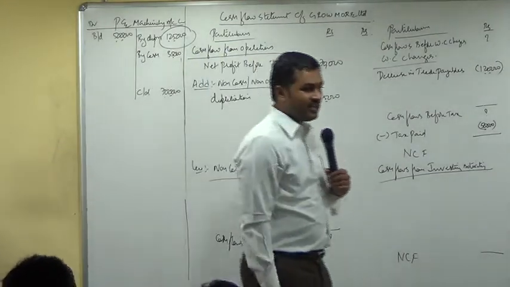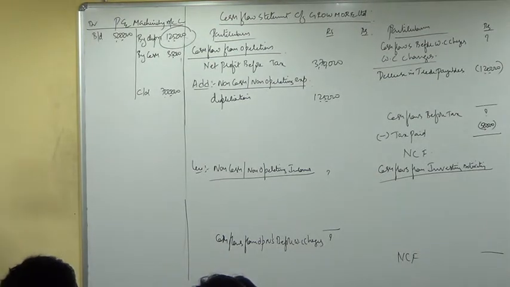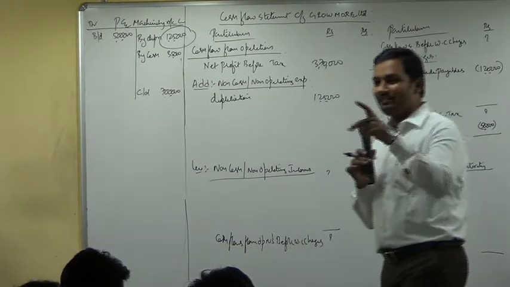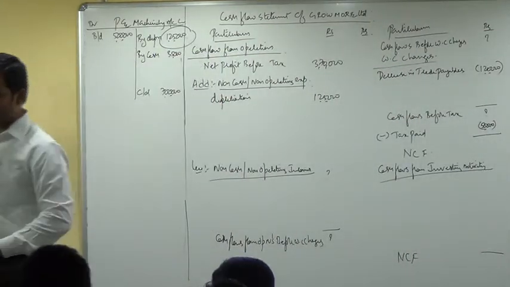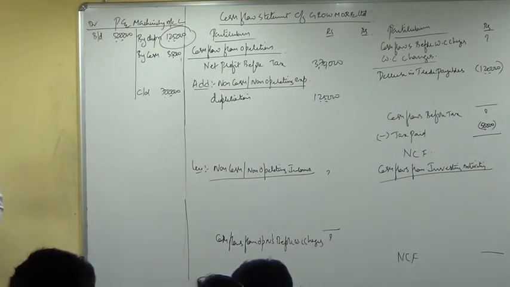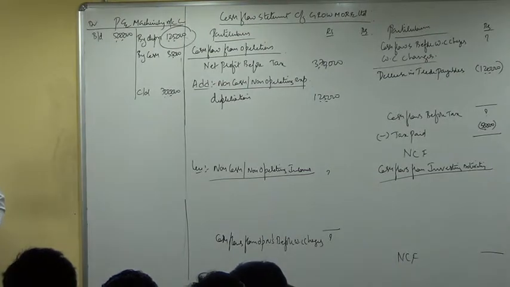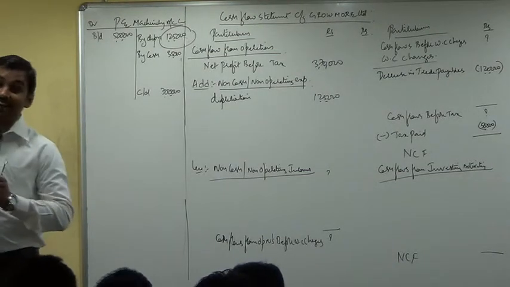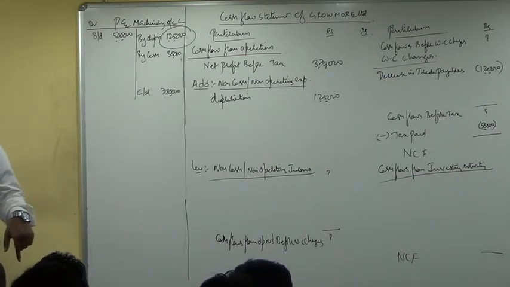When we buy an asset, we debit the asset account. When we sell an asset, ulta, we credit the asset account. Now tell me, how do you deal with profit or loss on sale of asset? Sale price was 35,000. WDV is 20,000. So there is a profit of how much? 15,000. Profit is credited to P&L account, debited to plant and machinery account.